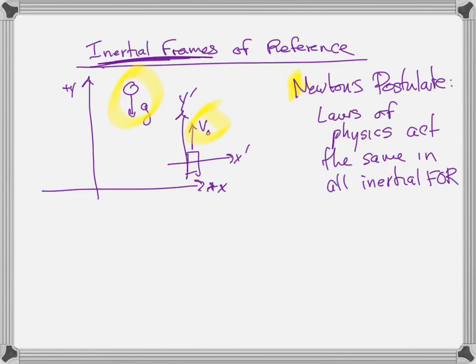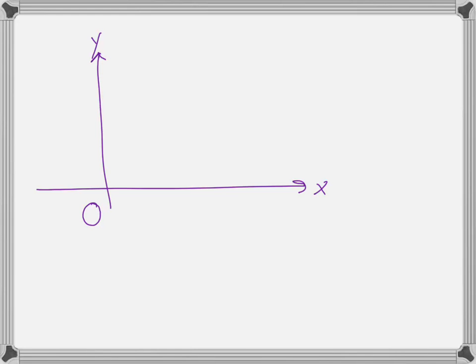And this is where we're going to talk about relativity and special relativity. When we get to general relativity, it's no longer inertial, but we're not doing general relativity in this class. Some notation about inertial frames of reference. Let's say that we've got our lab frame. I'm going to call it the lab frame, and give it the coordinate axes X and Y. I'm going to call that frame O.